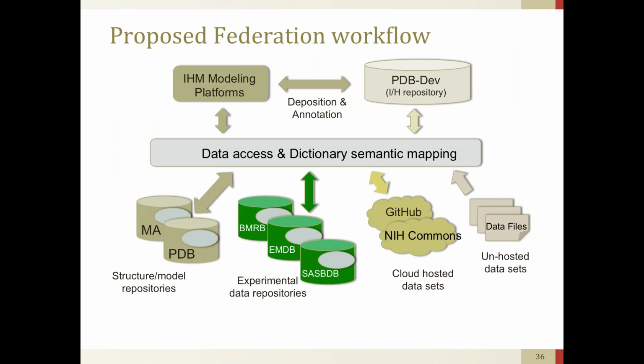This is a proposed federation workflow. So we have the different kinds of modeling platforms. Right now there are a few. We have the PDB-Dev, which is the repository that we're using as a test bed for this whole project. We have then the data dictionary, and we're working with each of the groups to come up with data dictionaries that would allow data to flow between their databases and the PDB-Dev. And then we show here the model repositories at the bottom, the experimental data repositories,